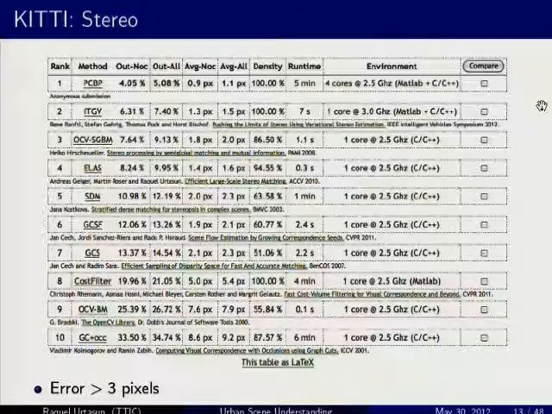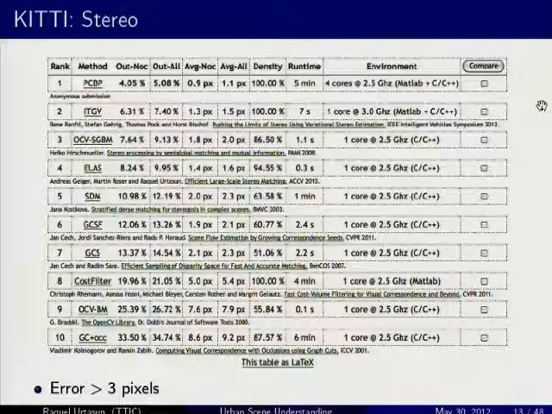I know that some of you don't like rankings, but I'm just going to show them anyway, okay? Here is an example of the stereo ranking as it is right now. The nice thing is that we force everybody to tell what they are doing and the exact parameters that they use for their method, so that everything is reproducible. And this is very important, I think, for making computer vision advance.